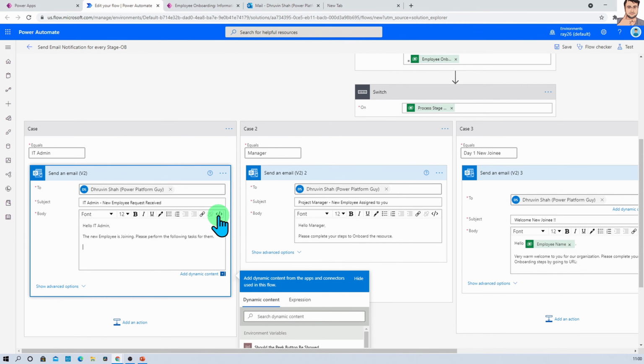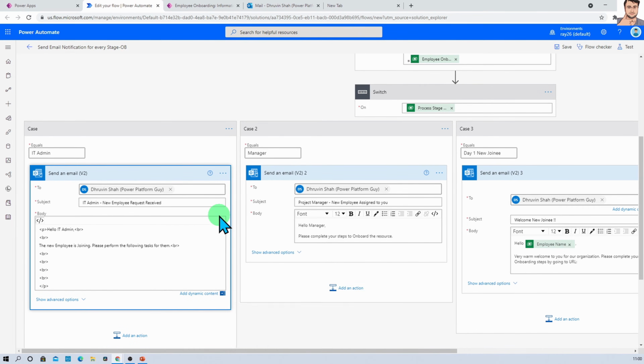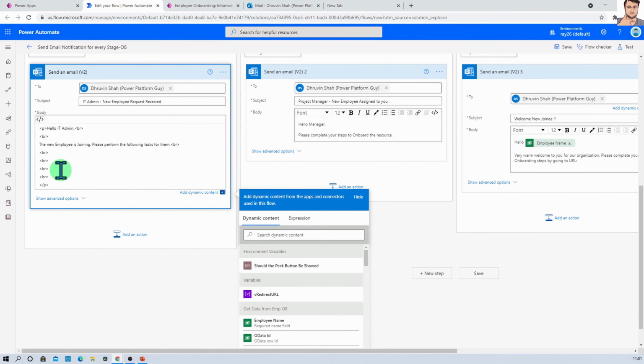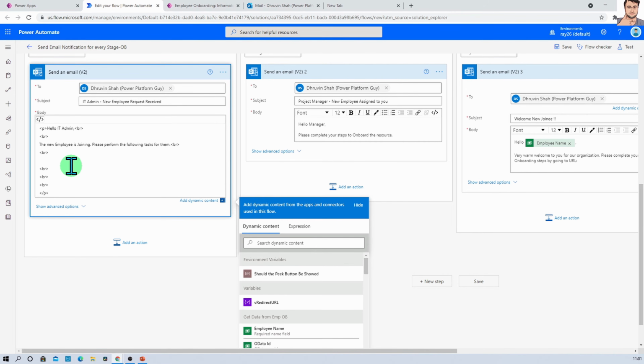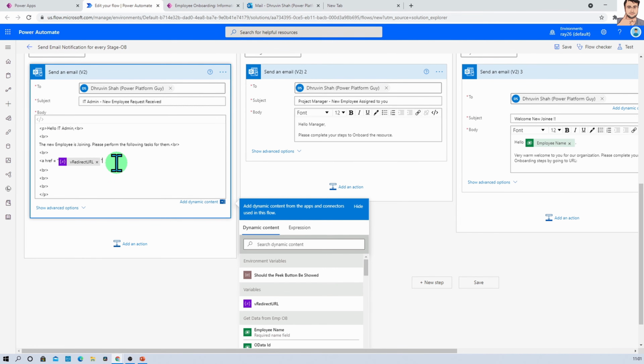Let's just enter and turn to the code view, and now let's add our tag, that is a href equals, we need to provide the URL, redirect URL, and then provide some anchor text.